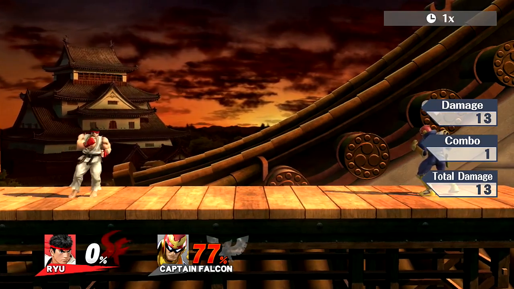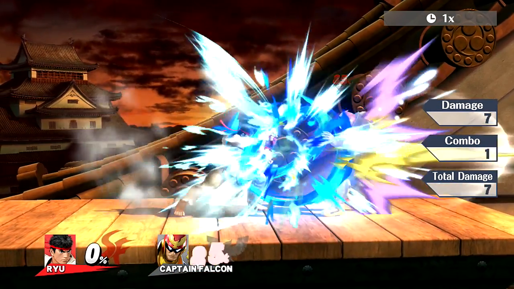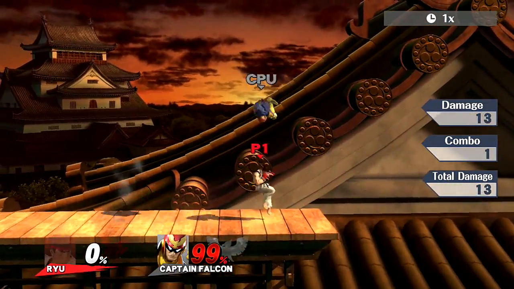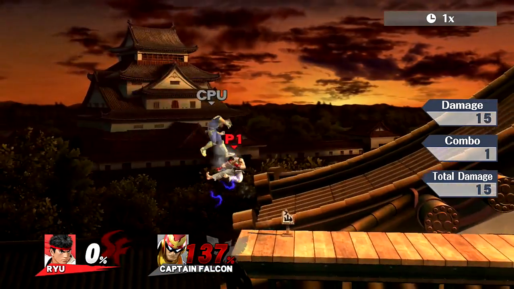And as you can see, it gets much bigger. The hitbox is larger, and the wind around it. See, like you can tell the wind around it is a lot bigger than when you use the simply the side B. So this is the advantage of Ryu, is you really want to use these inputs to your advantage,